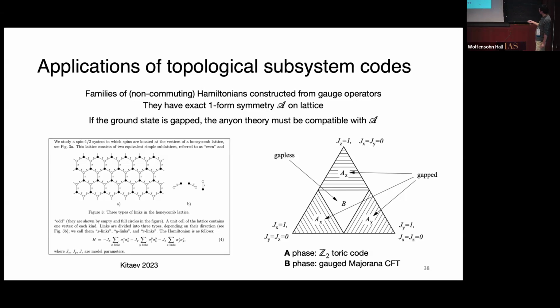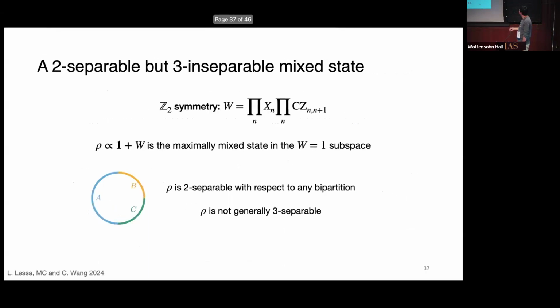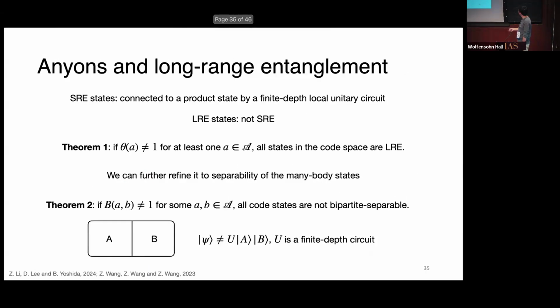The shaded areas are all toric code. The one in the middle is gapless, and in the right middle, the isotropic point is actually a gauged Majorana CFT. Okay. All right, and you can study other Hamiltonians playing with, for example, the Z3 Kitaevs. But let me skip this and get back to the point I want to make about